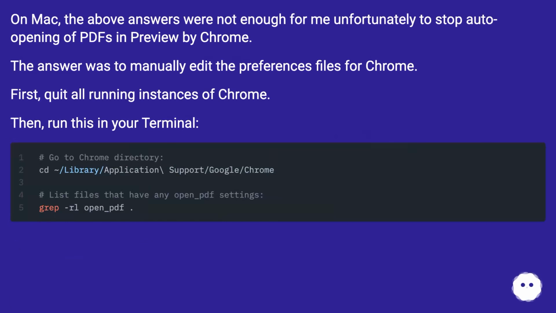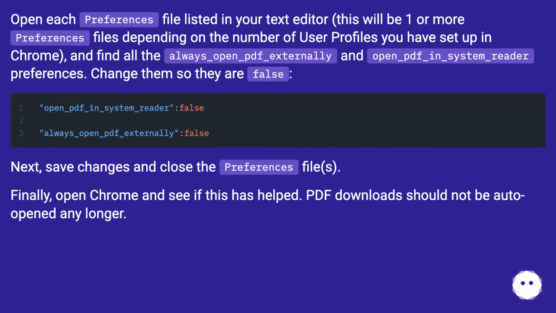On Mac, the above answers were not enough for me unfortunately to stop auto-opening of PDFs in Preview by Chrome. The answer was to manually edit the preferences files for Chrome. First, quit all running instances of Chrome. Then, run this in your terminal. Open each preferences file listed in your text editor. This will be one or more preferences files, depending on the number of user profiles you have set up in